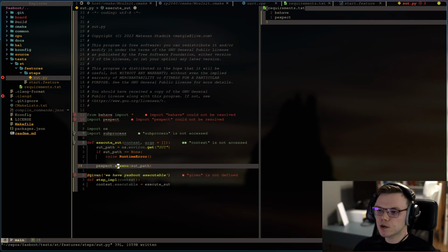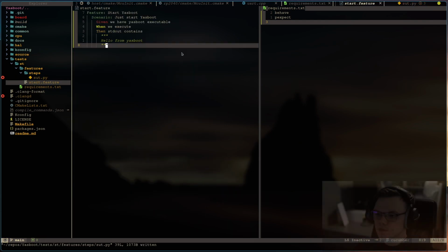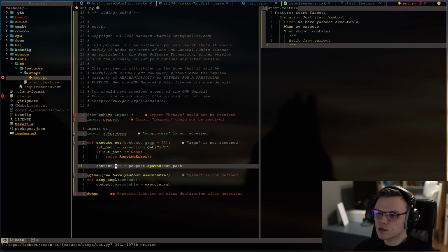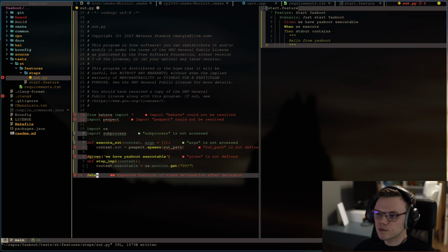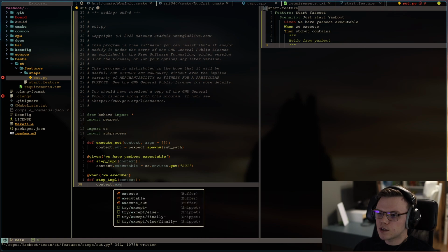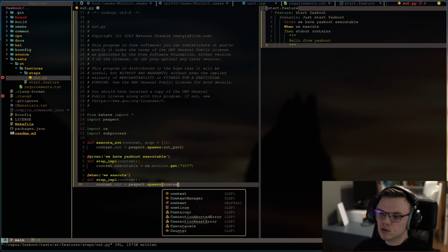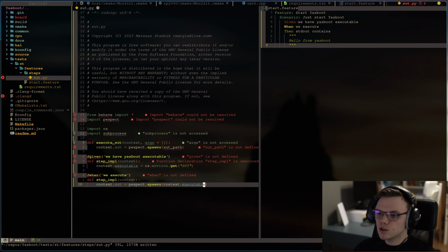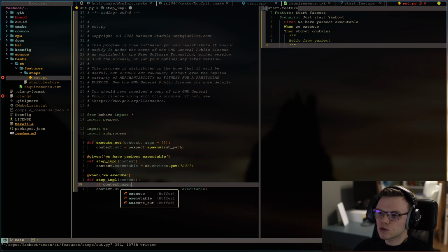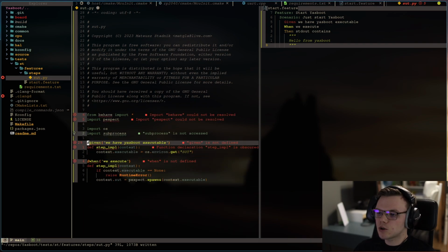With pexpect spawn we can get a handler to our application. It would be a better solution to keep the executable path in context instead of an execution functor, because given should give us only data, and when should do something, should run something, should execute something. So in our case, it should be a when that executes the system under test. If we don't have the executable, just write some error.